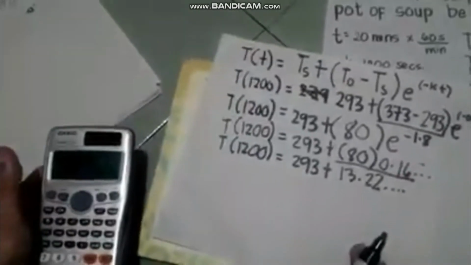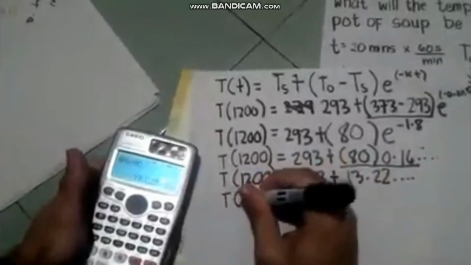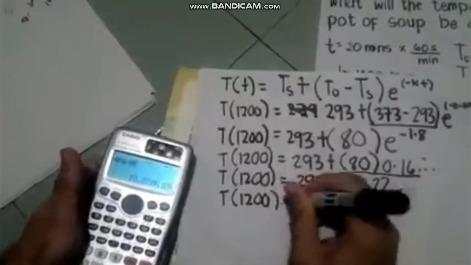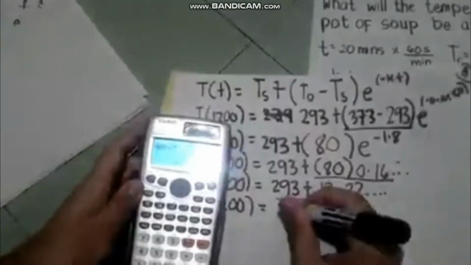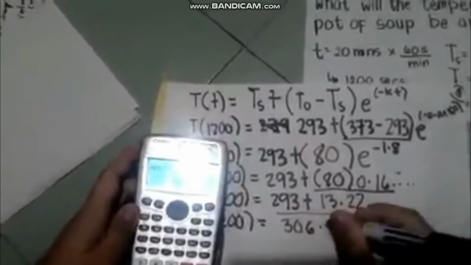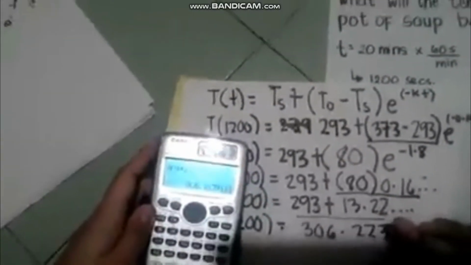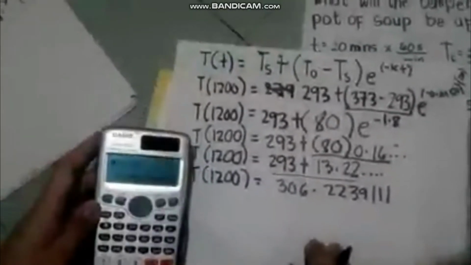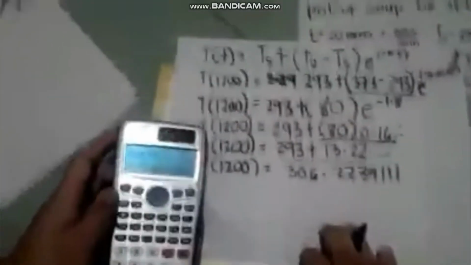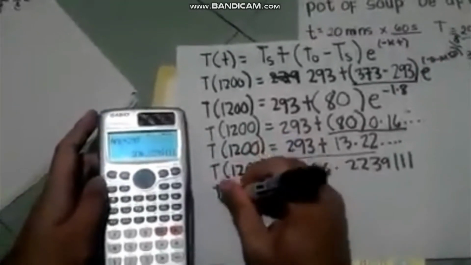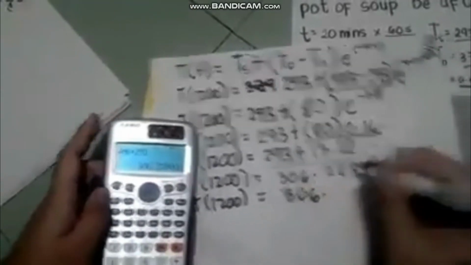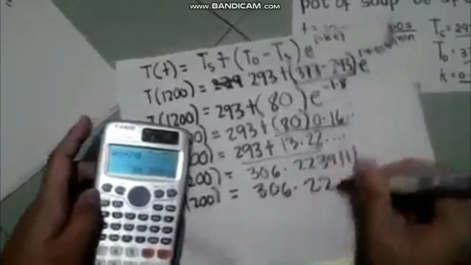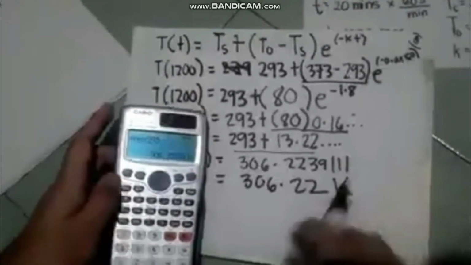Then we will add 293, so plus 293, it is 306.2239111. Then we will round to the nearest hundredth, so it is 306.22. Don't forget the Kelvin. So therefore